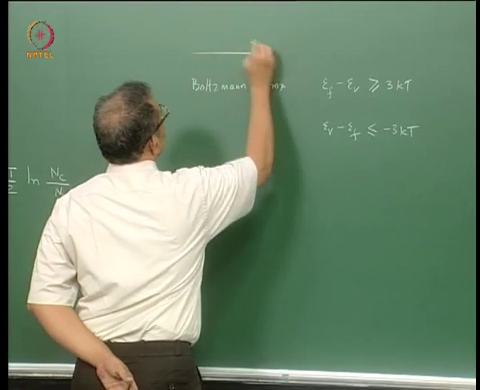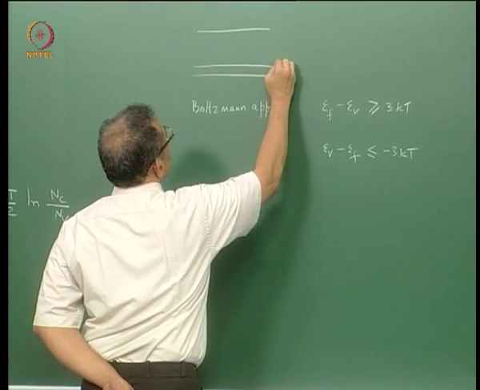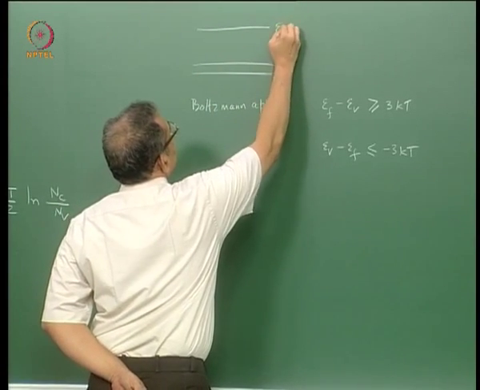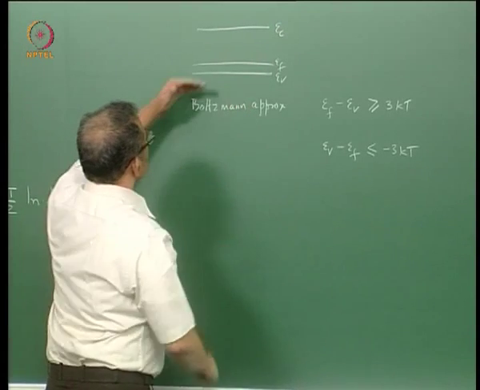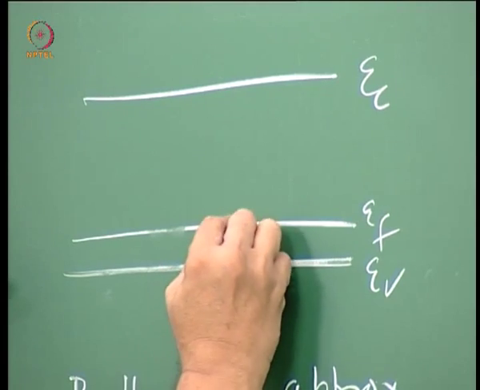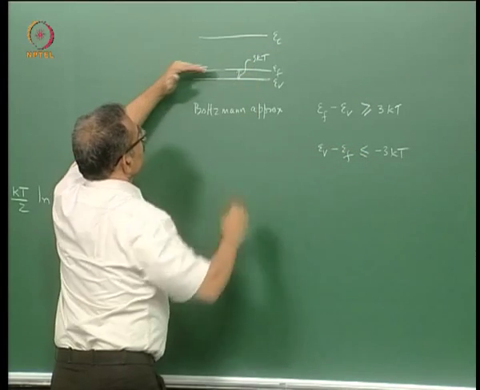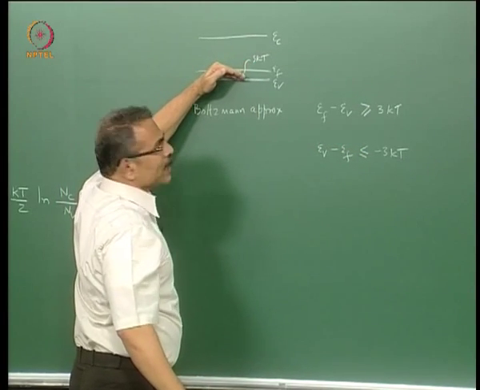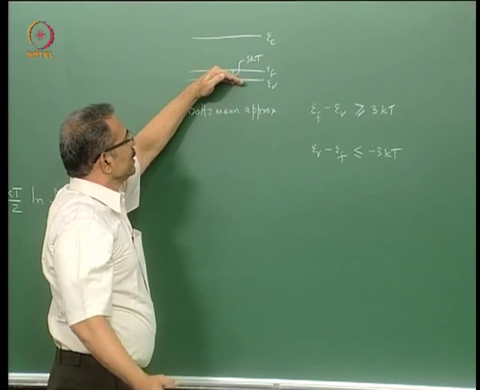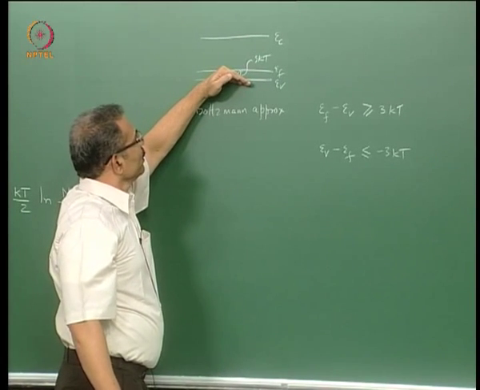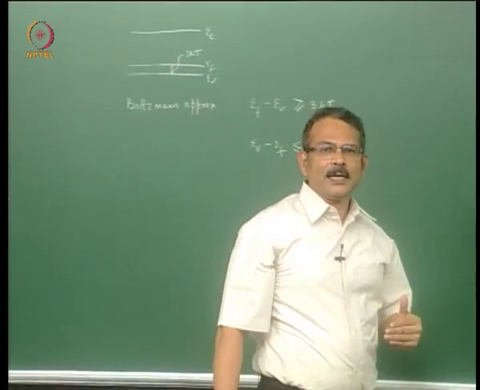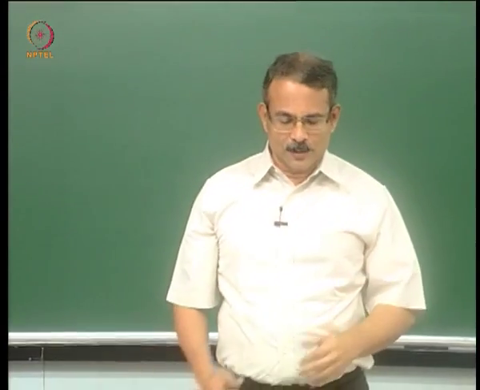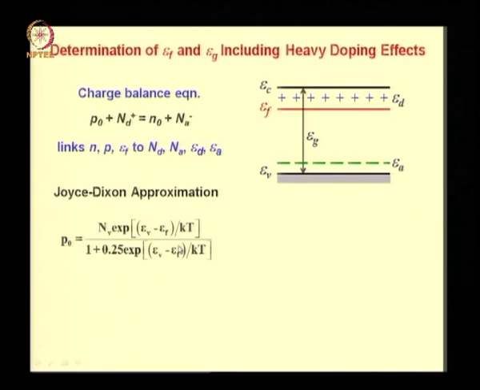So this is your band diagram and this is your Ef, this is Ev, this is Ec. As your doping becomes heavy, this starts coming closer and closer. If the Ef gets closer than 3 times kT, then you know that the Boltzmann approximation fails. Now that is where the Joyce-Dickson approximation becomes important. It is such that for low doping it will reduce to Boltzmann approximation. When the doping is low, Ev minus Ef is really a large negative quantity, and therefore this denominator term simply becomes about 1 and you have only the numerator term.